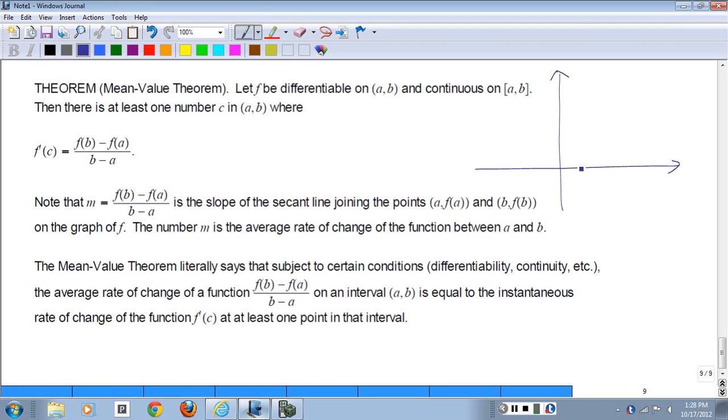So there's A, and there's B, and there's f of A, and there's f of B, and the graph does, I don't know what. It needs to pass the vertical line test. Maybe something like that. So let's say that's the graph of the function. If we draw the straight line connecting those 2 points on the graph, like this,